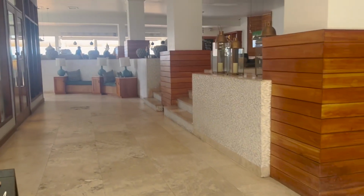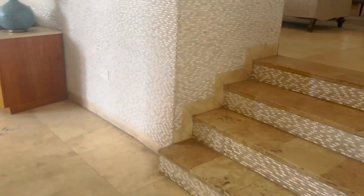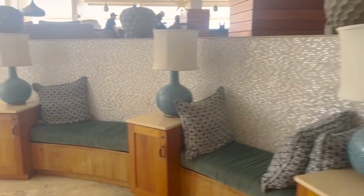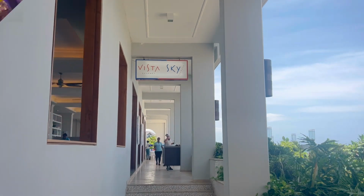And I always say it's good to try and live like a tourist, enjoy the things that tourists spend their money to come to Jamaica to see, because we don't now pay the plane ticket, so why not enjoy it to the fullest, right? So as I mentioned before, this side of the resort is a little bit more remodeled, redone,